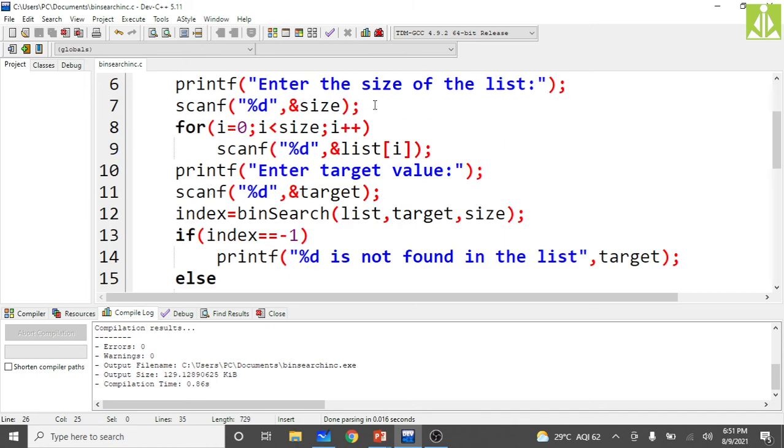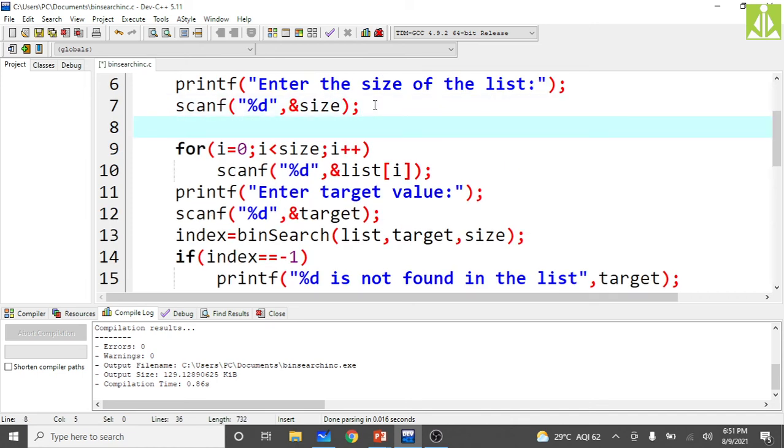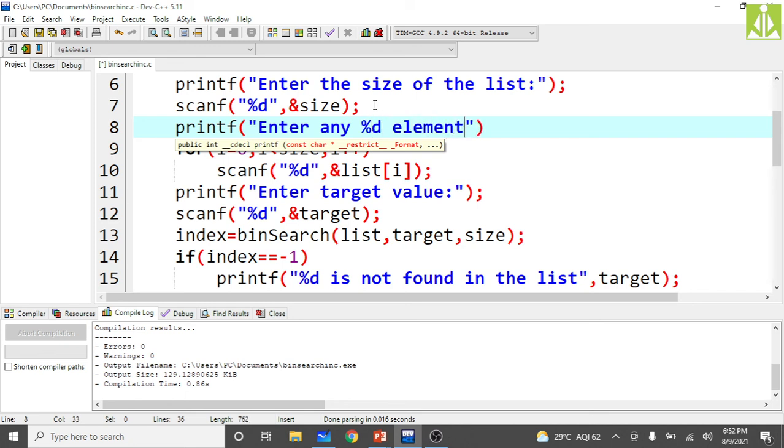So before this for loop, we need to put that message, printf enter %d elements, but as you are applying the binary search operation, the elements should be in sorted order. Give this rule over here, sorted order. Okay, now you save it.